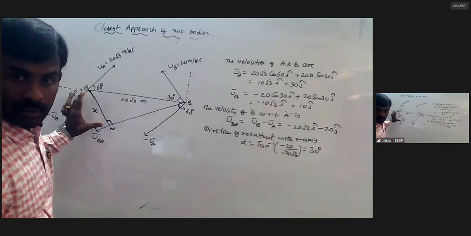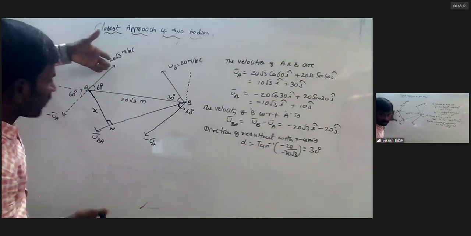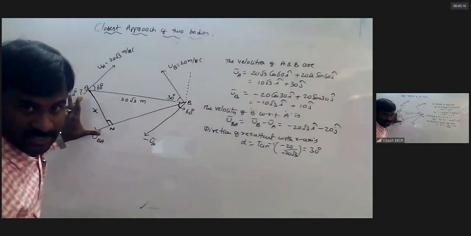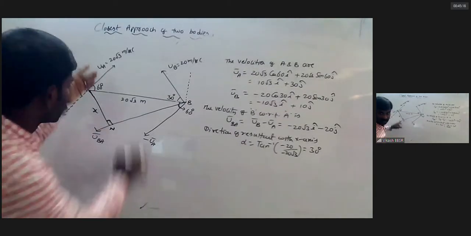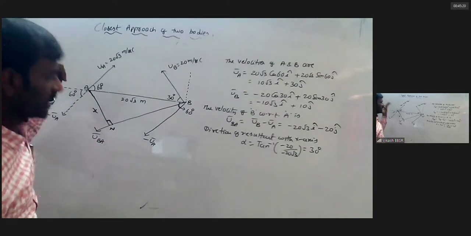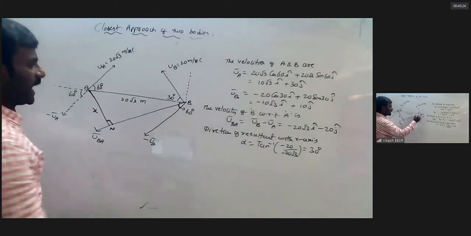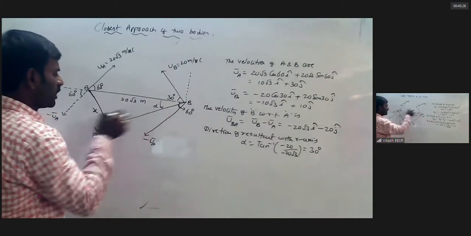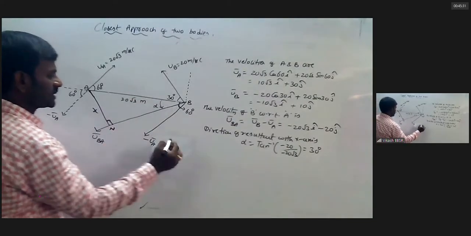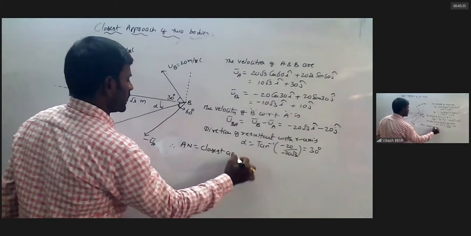See, closest approach, A, N. This is the relative, this is A going on. So what is the shortest distance? Here, shortest distance how much? That's all, our concept. So this angle, how much? This angle, alpha. Now tell me how do you determine this? Therefore, AN is the closest approach